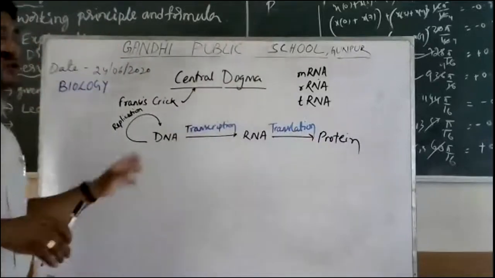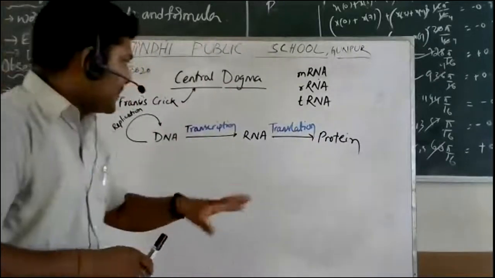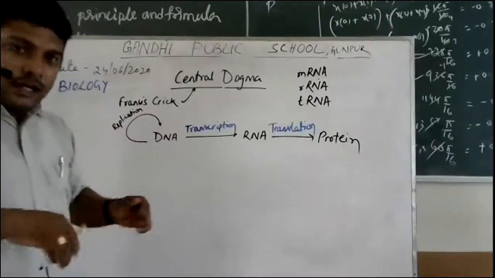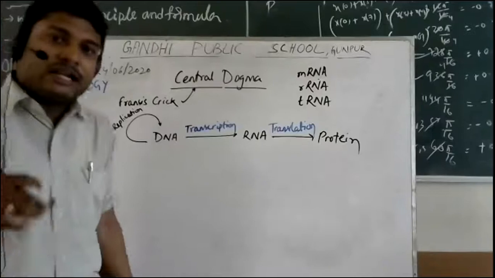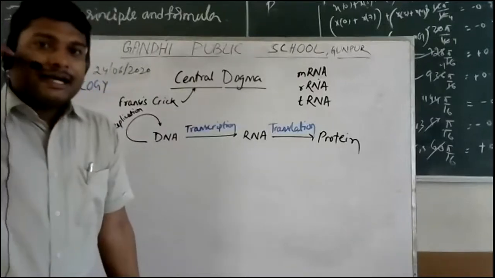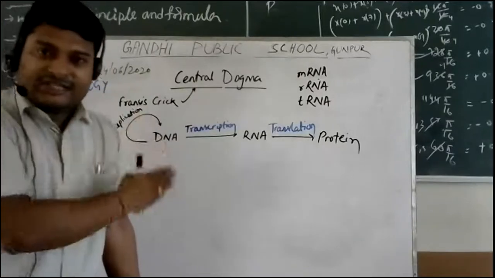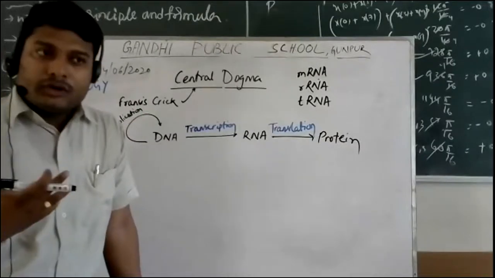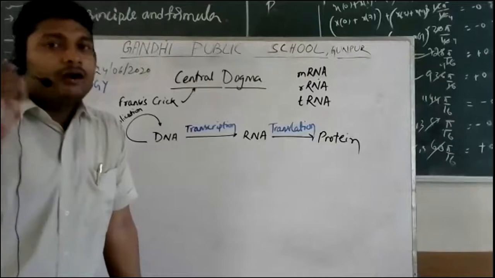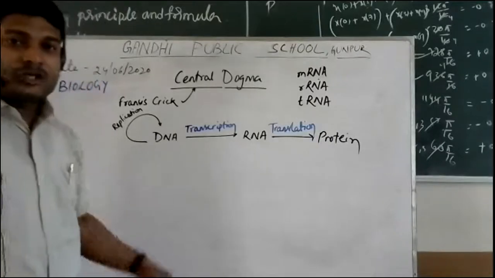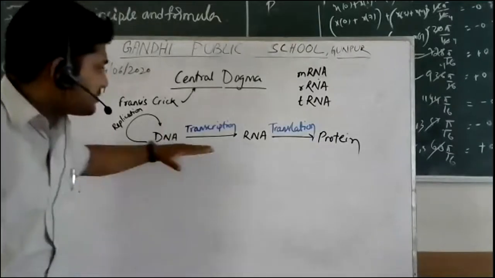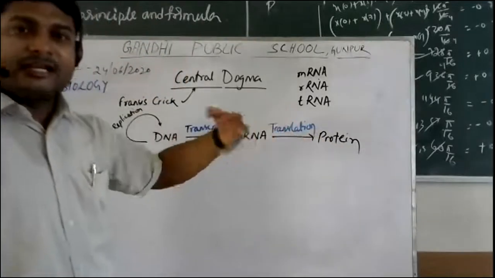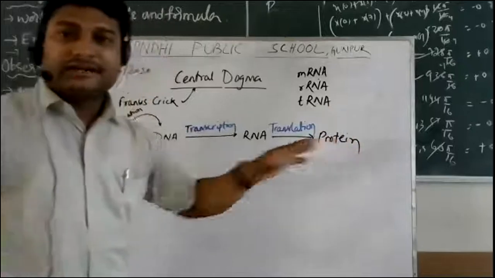So as I said, we're going to talk about this at a later point of time, but you have to keep in mind that right after Watson and Crick gave the DNA structure, the scientist Francis Crick gave the central dogma to make people understand how the information might be getting passed on from one genetic material to the next, and finally to the proteins, because people were getting to know how these things are related.